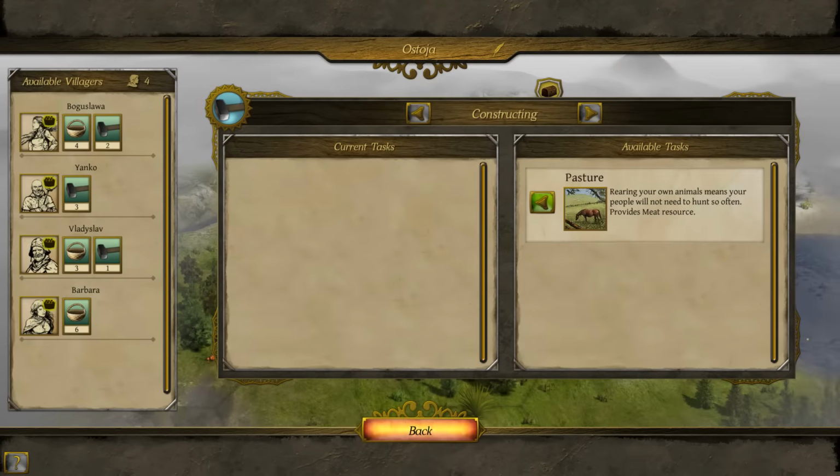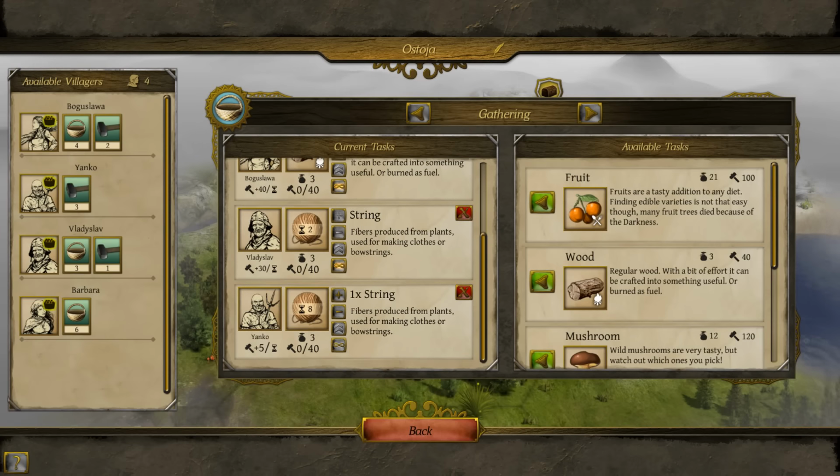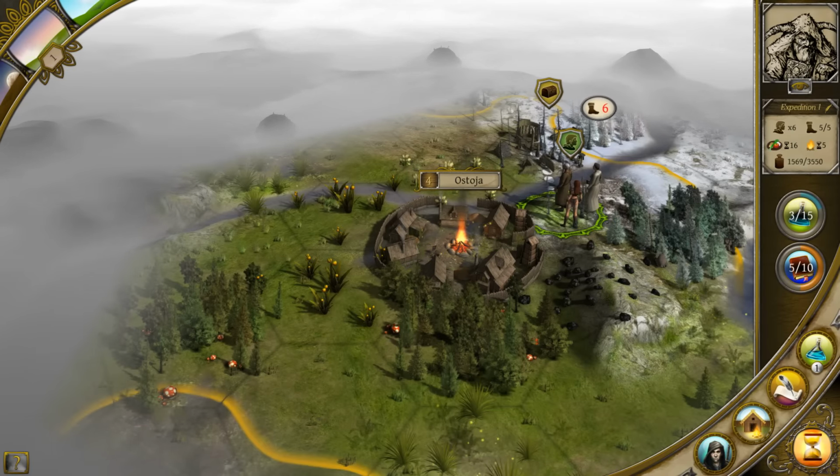That's fine. Alright. All my villagers in the city are now assigned to tasks. Let me just make sure I put him on infinite. I didn't. Okay, now he's on infinite. Fine. Now I've got this expedition. What I'm going to do with them first...